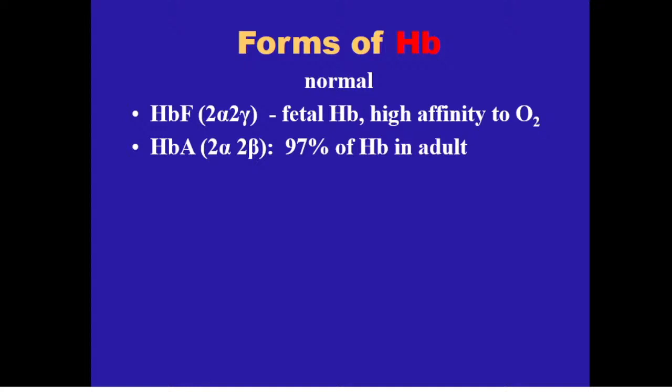Hemoglobin of adults that we discussed has 2 alpha and 2 beta subunits. By this type, 97% of hemoglobin in adults is represented. And you remember, I hope, that after birth, hemoglobin F must be changed to hemoglobin A, and this is accompanied by hemolysis of erythrocytes. Due to this, physiologically, newborns 1, 2, or 3 days after birth